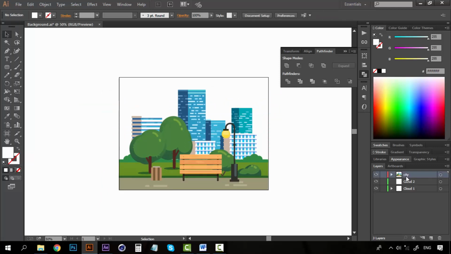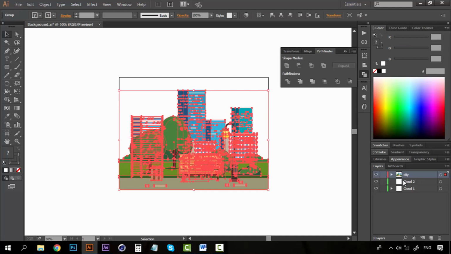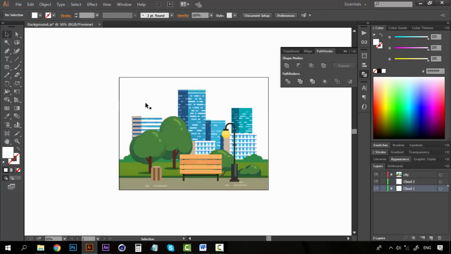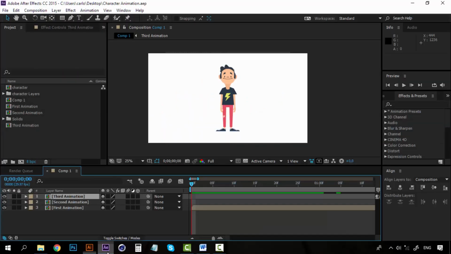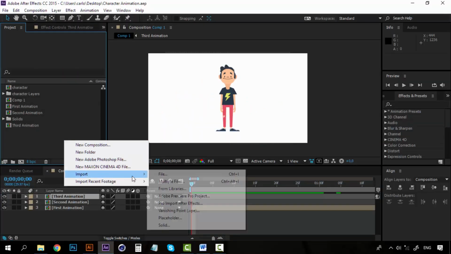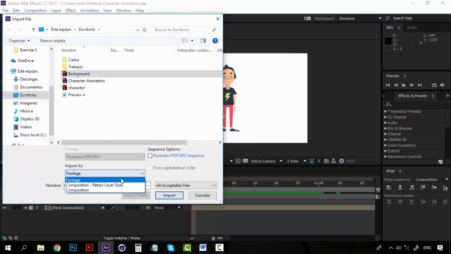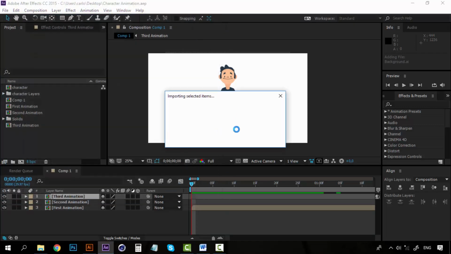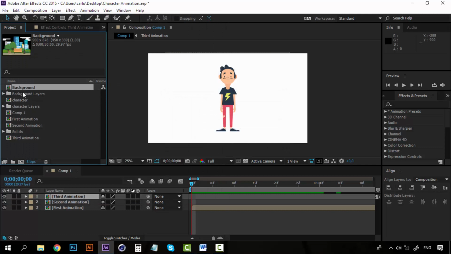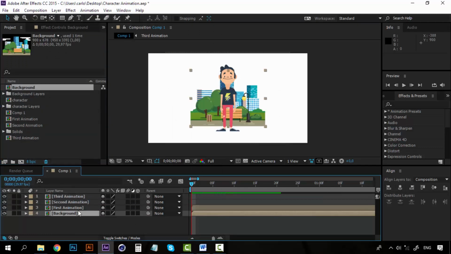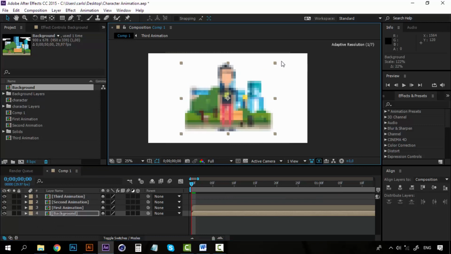Now this background already has the city and the clouds in different layers. So all you have to do is import this file as a composition, and you can place it here. We can make this bigger,